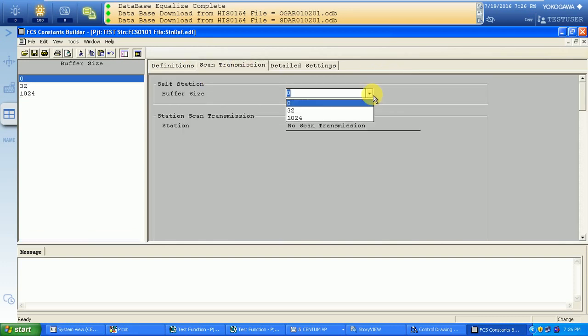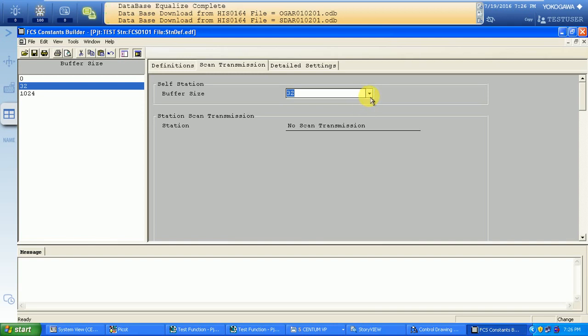There are three options: 0, 32 and 1024. 0 means no transmission, 32 means transmission with 32 bit, and 1024 means a big buffer size. A small buffer size holds small data, and a big buffer size holds big data. If you want to use 256 switches, you definitely need to choose 1024.